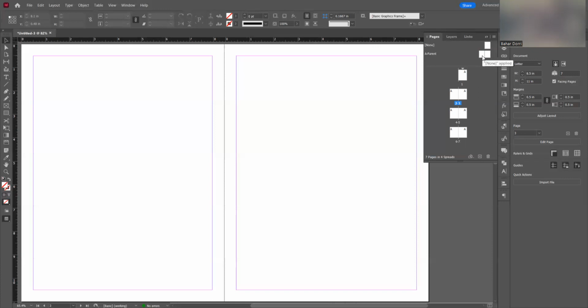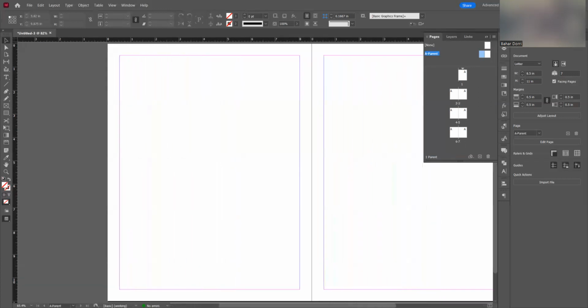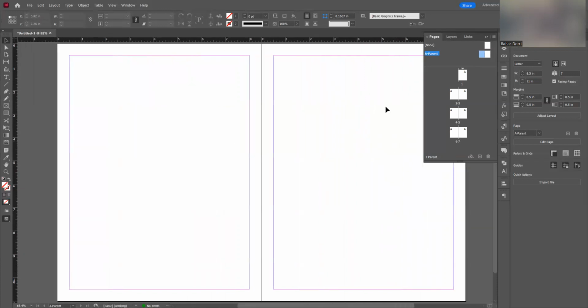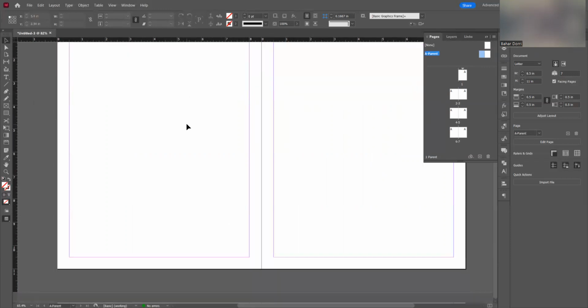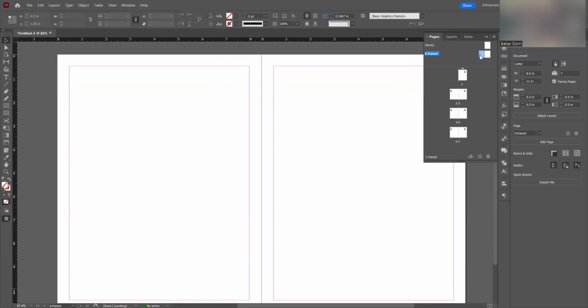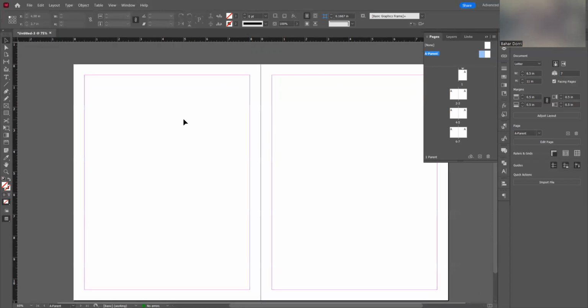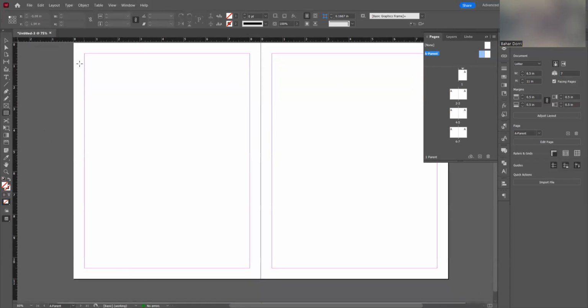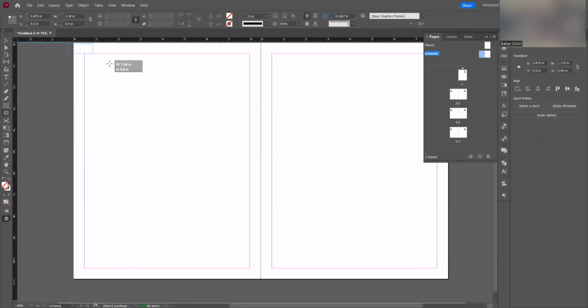So let's do an example. First, I need to double click on the parent A pages. As you see, it's exactly the same shape and size as the actual pages. So we are in the parent page. You see when I scroll up and down, it doesn't show any other pages. So in here, let me zoom out, if I use a rectangle shape and just draw a rectangle,